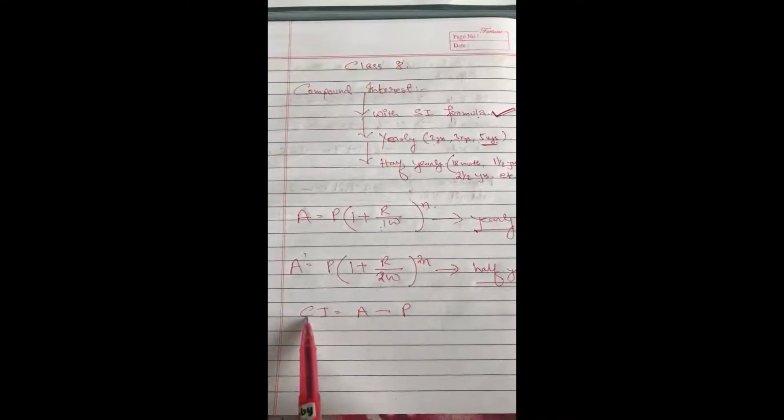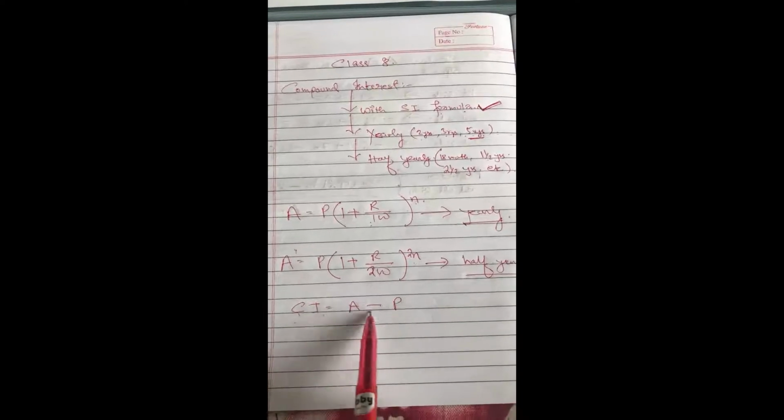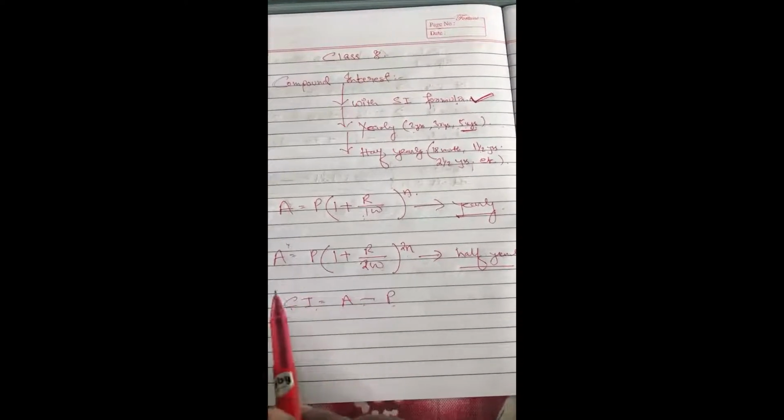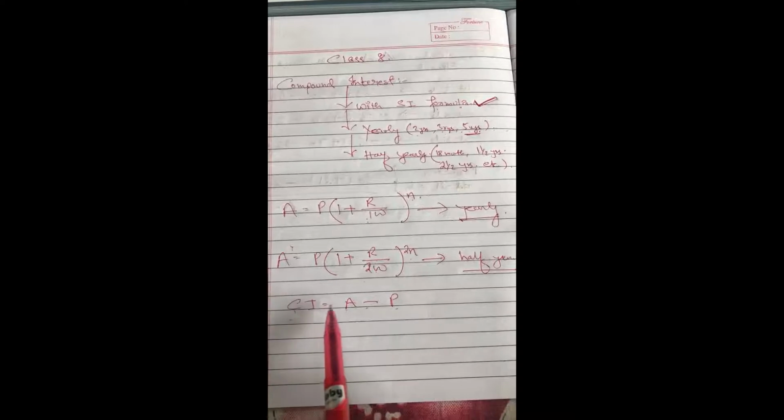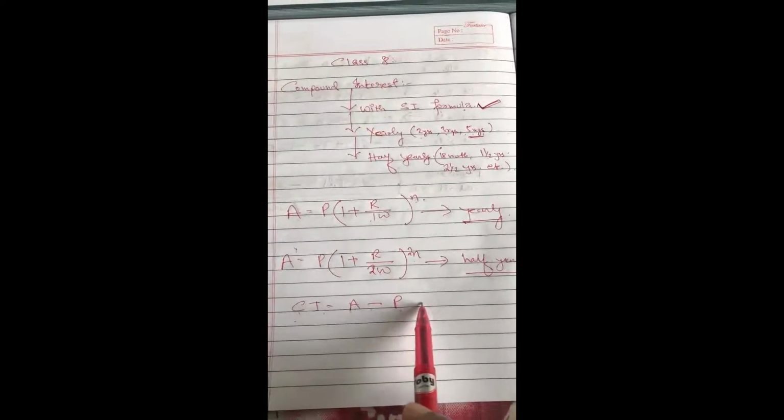And then the formula to find compound interest is compound interest equals amount minus principal. This is the previous formula, nothing new. If from the amount you subtract the original principal, you get the compound interest. In this, we have plenty of varieties, but your class 9 syllabus and class 10 syllabus will give you a vast picture about this.